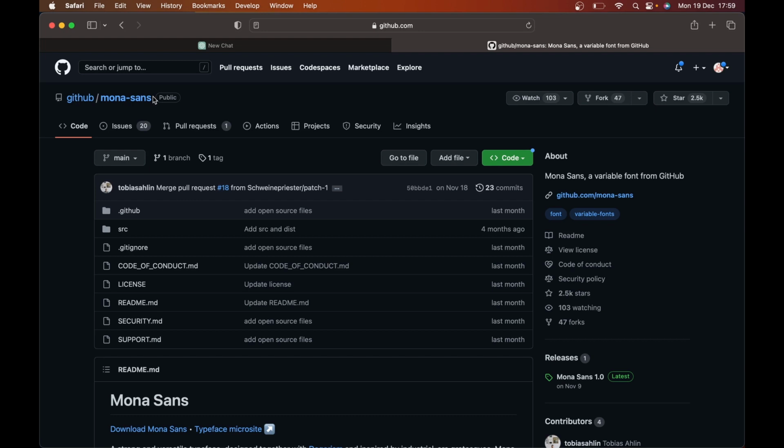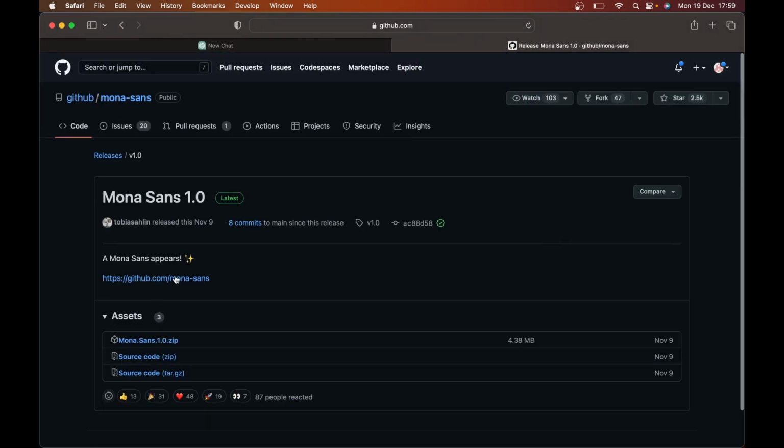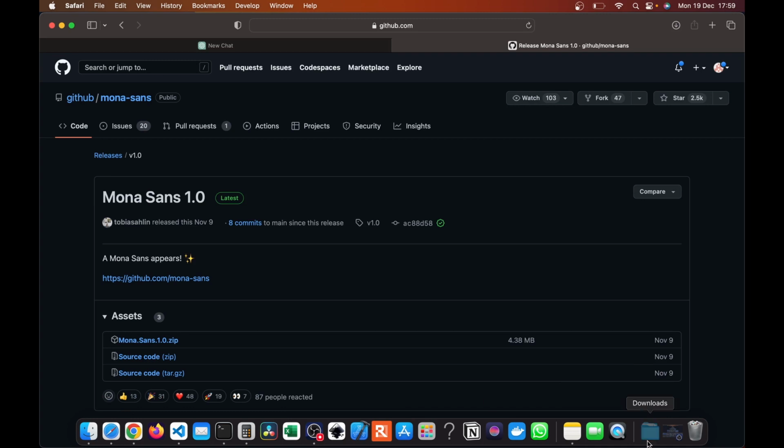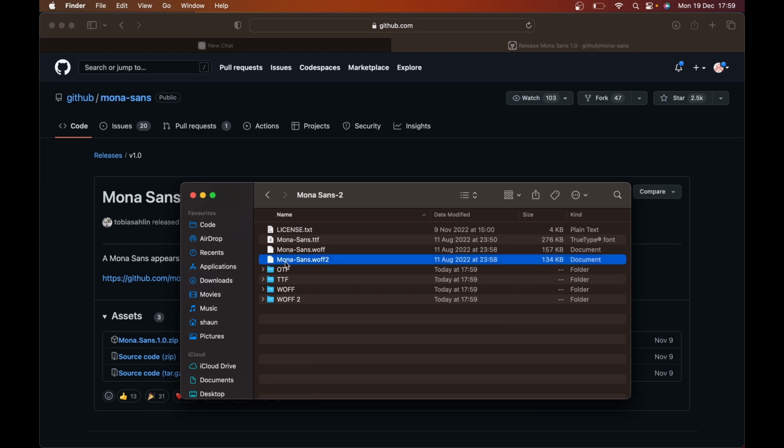So the first thing I want to do is head over to Mona Sans on GitHub. So here's the font that I want to download. And just scroll down here to download Mona Sans. When you do that, it'll pop open this area here. Just click on the zip file as you normally would, and that should pop up in your downloads folder, whether you're using a Mac or whatever. If you double click into that, there's a file here that we need,